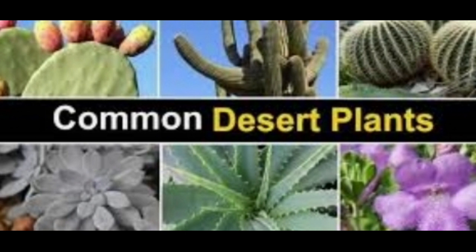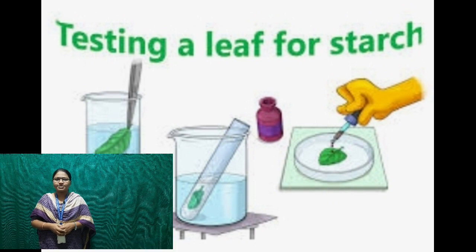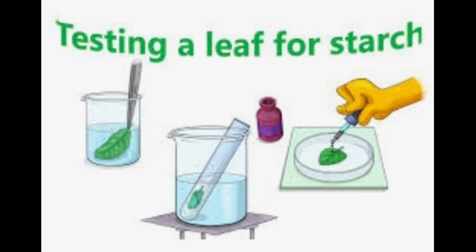Besides leaves, photosynthesis can also take place in other green parts of the plant, and we can observe that in desert plants this process also occurs. They have spine and scale-like leaves, which are modified leaves, because they have to reduce loss of water by transpiration. Whether starch is present or not in a leaf, we can test that leaf by using iodine solution.